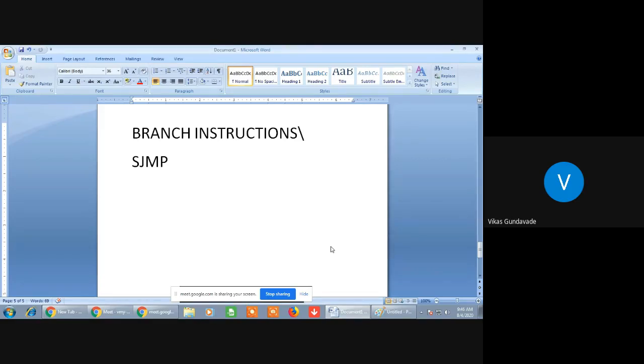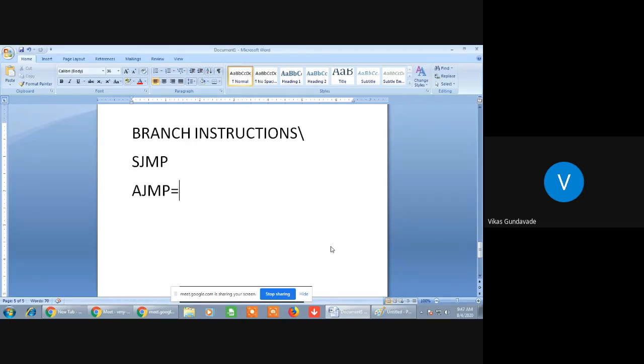So within a short span here, this jump instruction will get executed. That means if, suppose, within a range of 128 bytes, the jump can take place using a short jump instruction. Okay. Similarly, the next is AJMP. This is called the absolute jump.